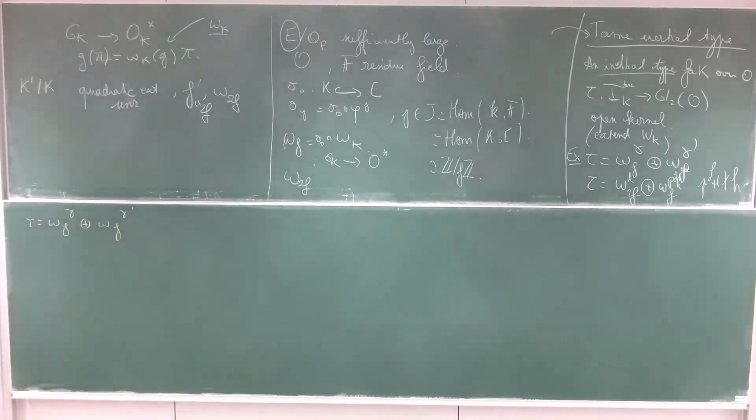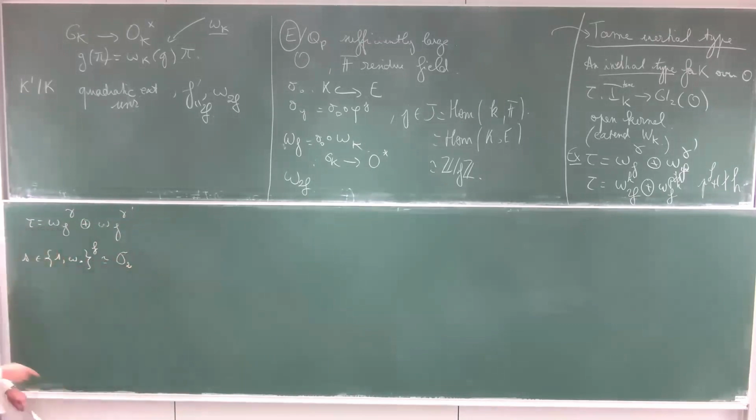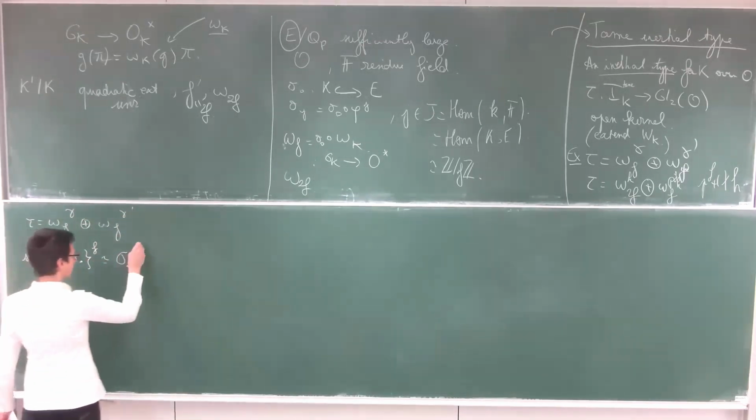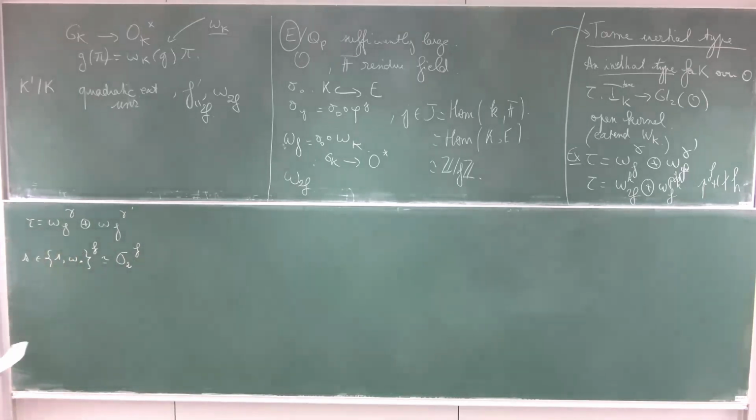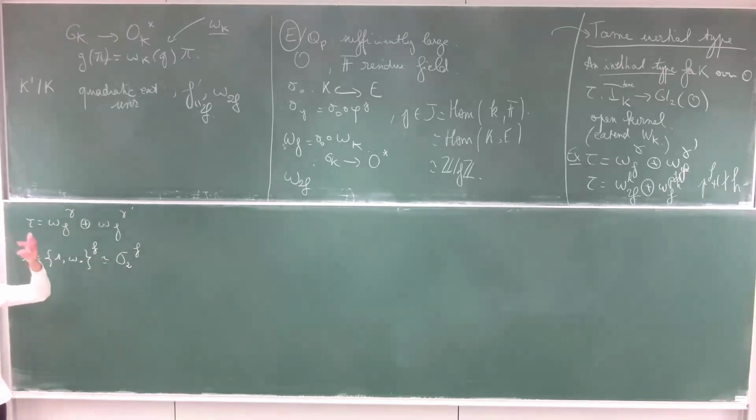For that, I need to introduce two objects. First, a family of this set. This set is nothing else than the set of permutations of a set of two elements. So this is nothing else than the Weil group of GL2 here. So if you want to go to dimension n, you just have to replace sigma 2 by sigma n. Okay. And mu